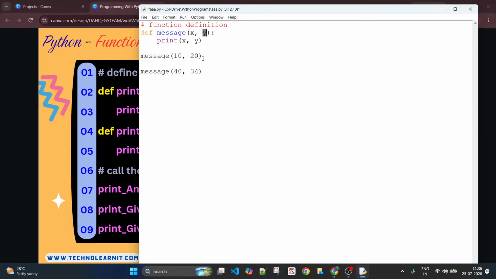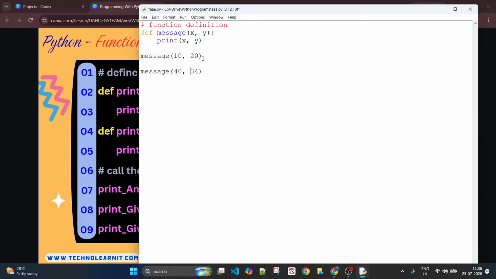This is how the values that you pass in the calling statement as arguments will be copied into parameters automatically. That is why when you have printed x and y, because of this call, if you come here and print, you can see both 10 and 20 being printed. Next, you made one more call to this message. Then what happens? 40 will be copied into x automatically because it is the first argument.